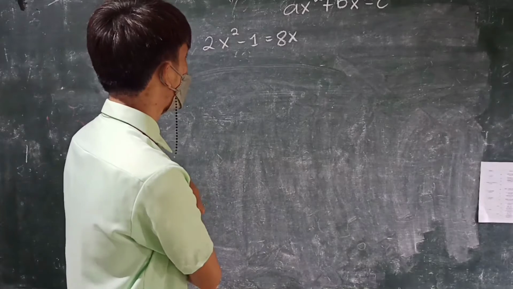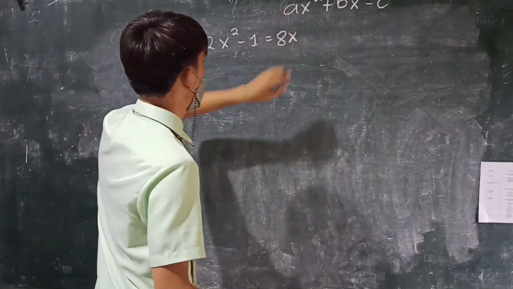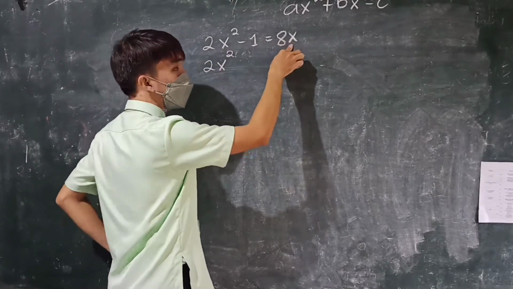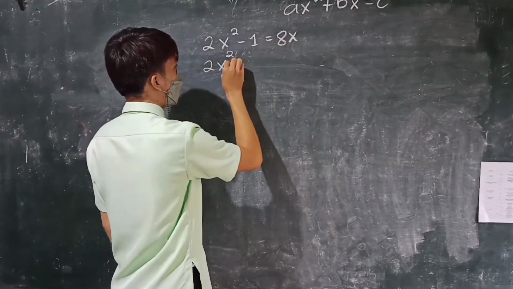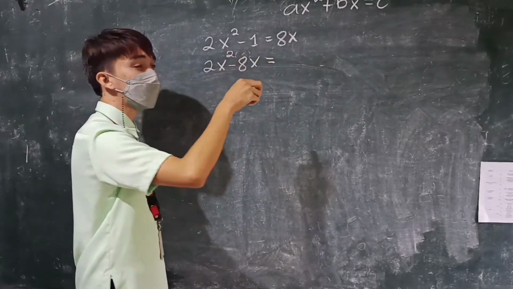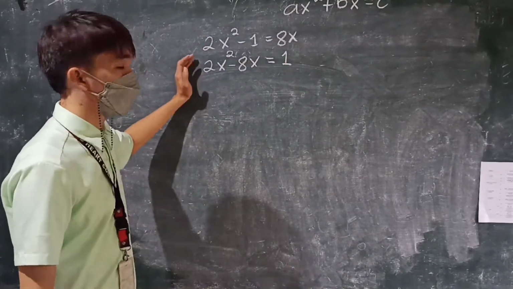So, we are going to transform this quadratic equation to this form. So, we have 2x squared, transpose positive 8x here. So, we'll have negative 8x equals, transpose negative 1, it will become positive 1. So, here,